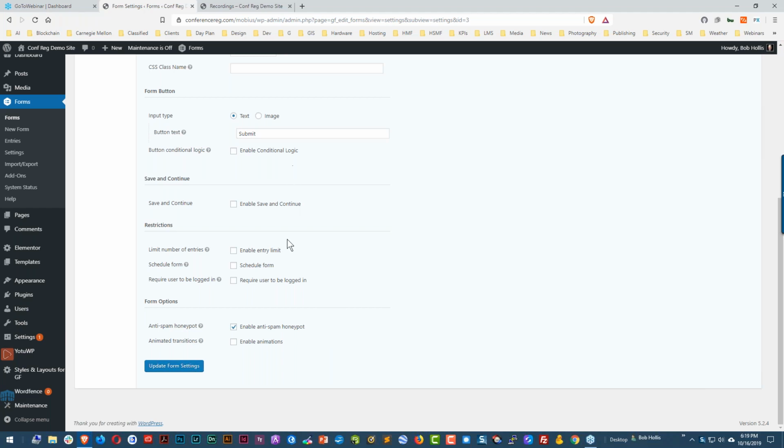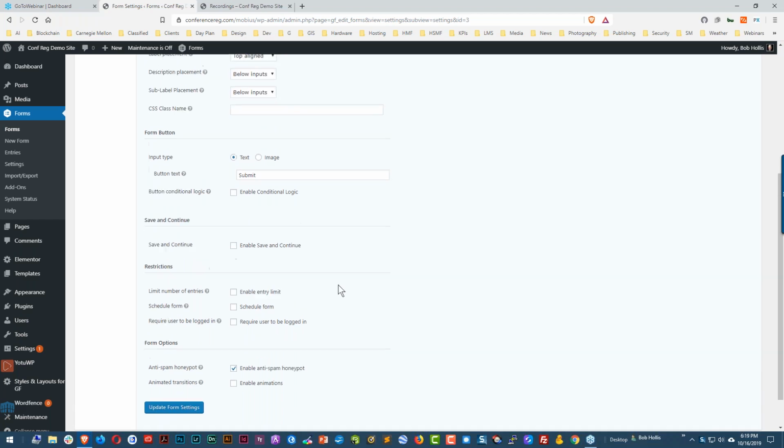There are, again, tons of options you can go through here to look at. We talked about scheduling a form, enable entry limit. Suppose you have prizes and you only have one of each, and whoever wins can come in first and pick their prize. You could have something where you have a list of the prizes, and as soon as somebody picks one, nobody else can pick that one. You could do that sort of thing with